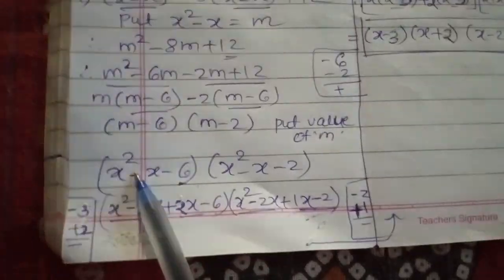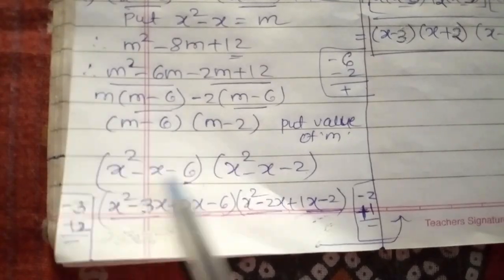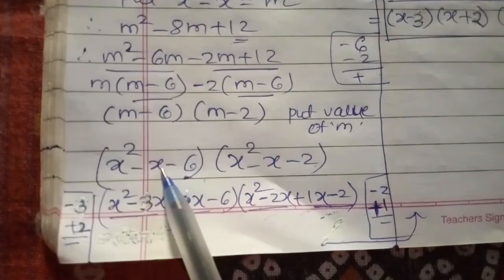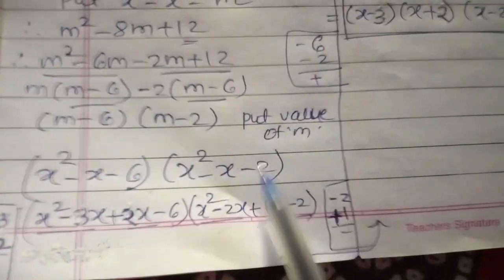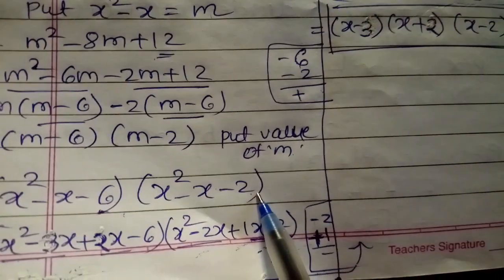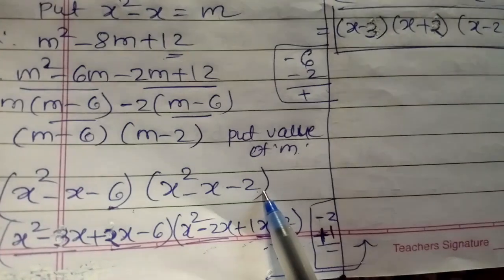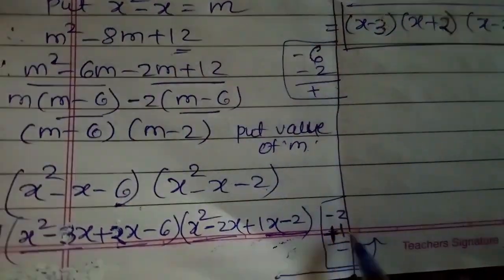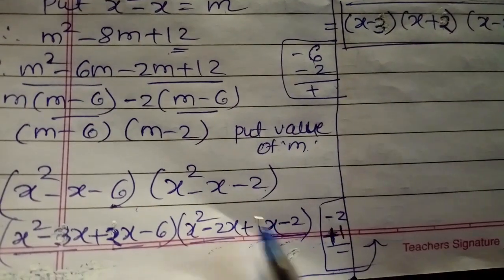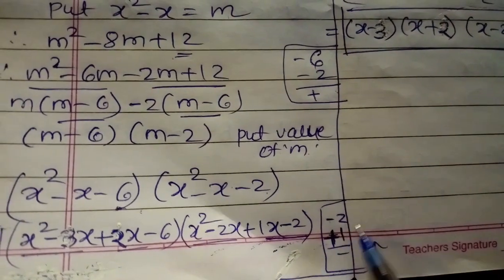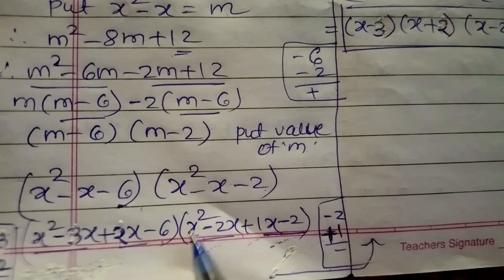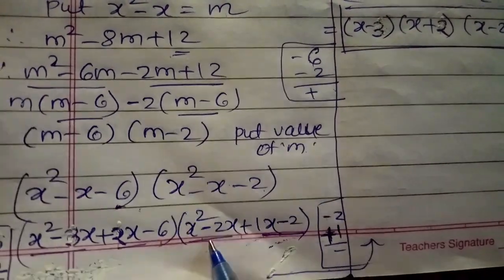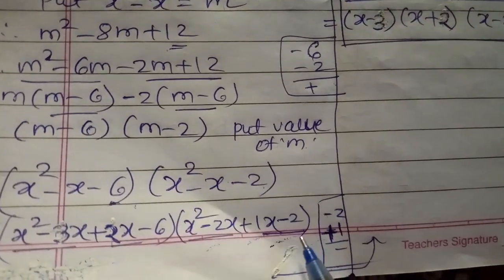So similarly the first term is as it is, last term is also as it is, and for this middle term we have to write down minus 3x and plus 2x. Here similarly we have to find out the factors of 2 whose subtraction is 1. So that is 2 into 1. So minus 2, we have to give the middle term sign to this one, and to get the minus, the sign is plus. So x square minus 2x plus 1x and minus 2.